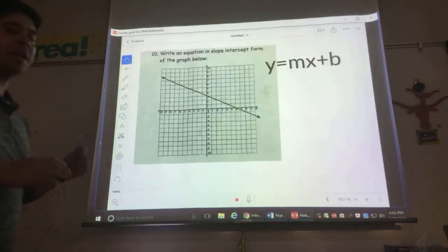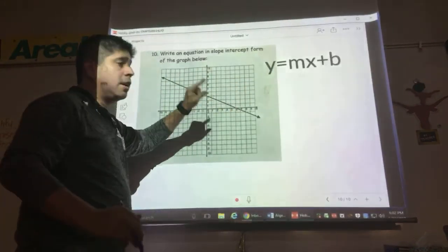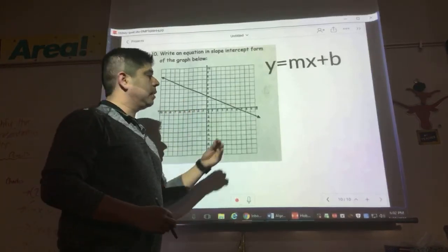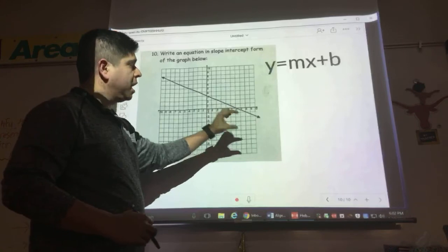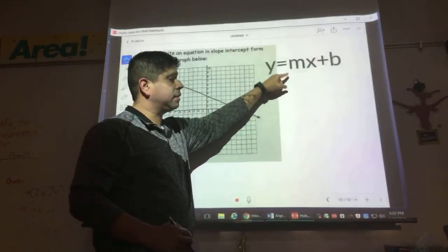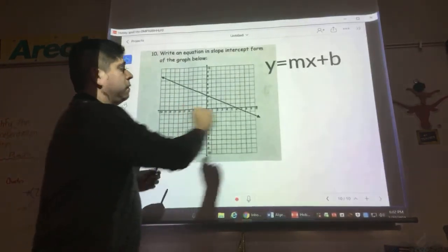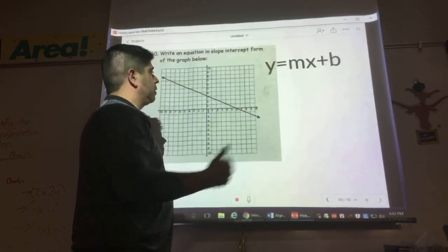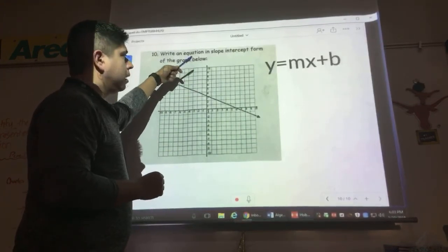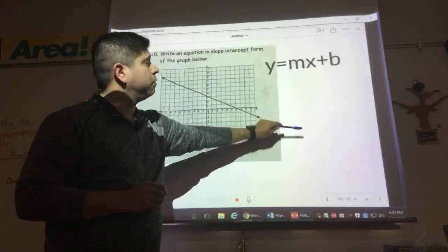The better you get at answering these questions, at writing it out and figuring it out from writing it, the better you're going to be on your STAR test, because it's going to be mostly multiple choice and you're just going to have to pick the correct one. If you can write it out like this, then you're going to be in great shape to get most of those questions correct. It's going to give you 4 choices, and sometimes 2 of the answer choices are going to have the correct y-intercept and 2 of them aren't going to have the correct